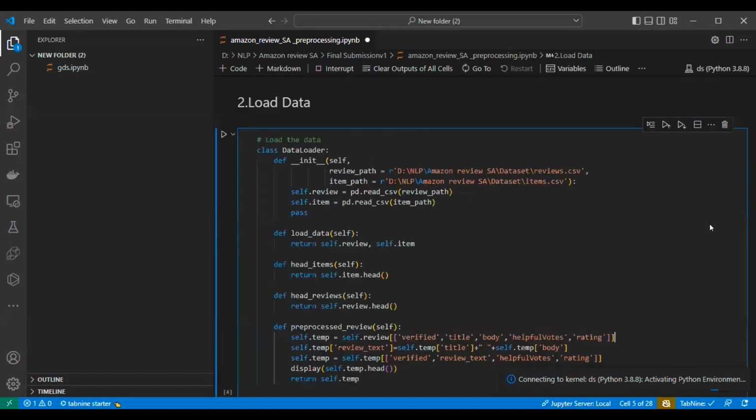Okay. So for loading the data, for today, let's take the example of Amazon reviews. As we know, Amazon is an e-commerce website. Everyone is buying something from there every day. They have grocery, medicines, furniture, everything.